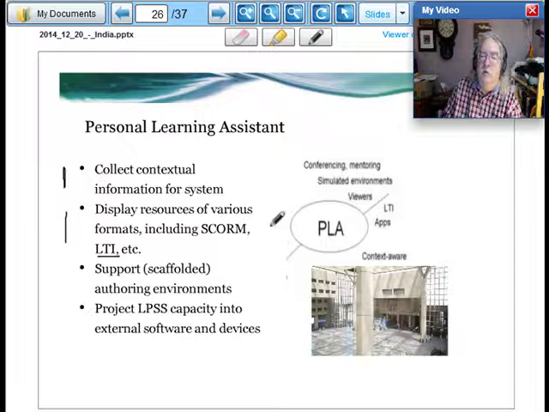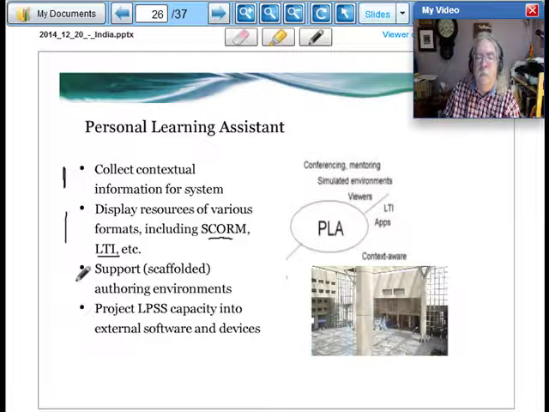We'll display them in various formats, HTML obviously, PDF, SCORM packages so that the resource can communicate with the LPSS. In the PLeaRN project, we looked at support for the display of resources, something that we called scaffolding. And as well, we want to project LPSS capacity into external software and services.